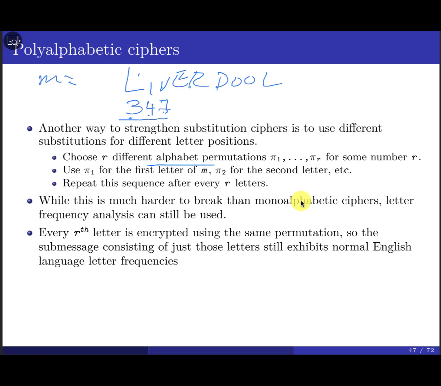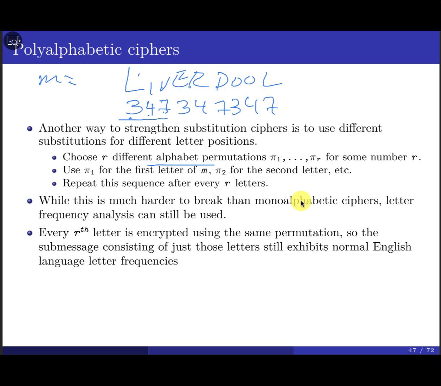And the key here depends on you. Maybe you're going to have 3 different alphabetic permutations, or maybe 2, 3, 4, 5. It depends on you. Then I'm going to repeat this. Since we still have plain text, I'm going to repeat 3, 4, 7, 3, 4, 7. This is a great example here, by the way. Not big, of course, because it's Liverpool.